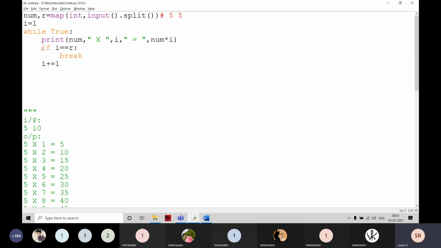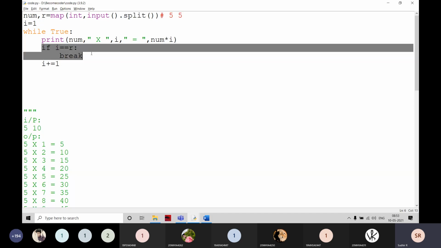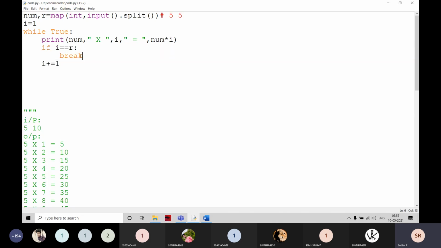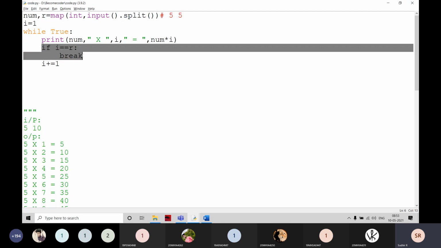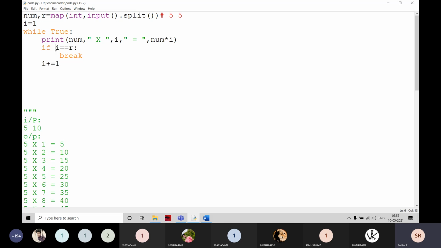Instead of this condition, I am going to write something else. This is the manual braking system, right? To convert the manual braking system into a natural braking system, what is the opposite of I is equal to R? I not equal to R. Just simply I am going to write I not equal to R here. Sorry, capital letters. I not equal to R here. Just simply remove this one.